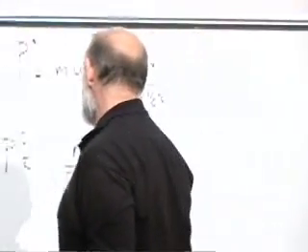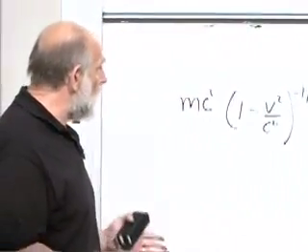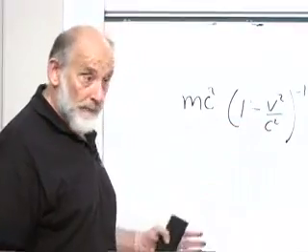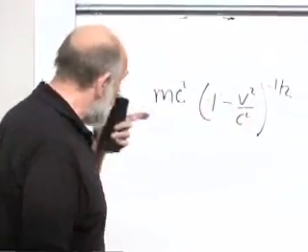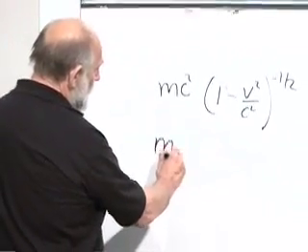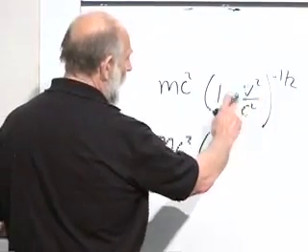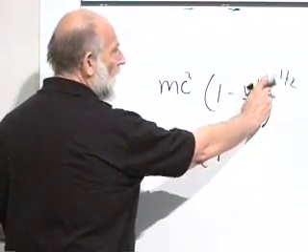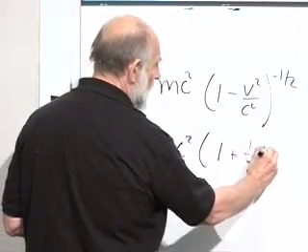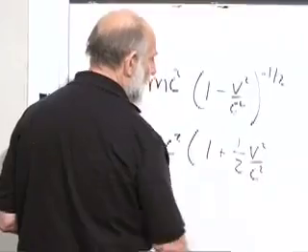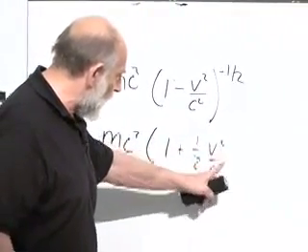All right, now, v squared over c squared is small. For a slowly moving particle, v squared over c squared is truly very small for ordinary velocities. And so I can apply this rule, and it says that this is mc squared times 1. Now, we have a minus from here, but we have another minus from here, and it comes out to be plus 1/2 v squared over c squared, plus additional things which are very, very much smaller than v squared over